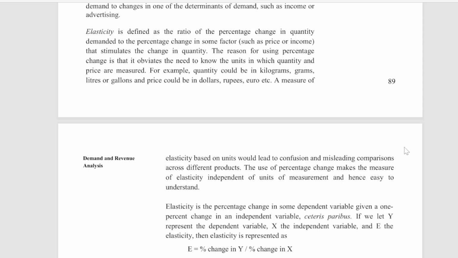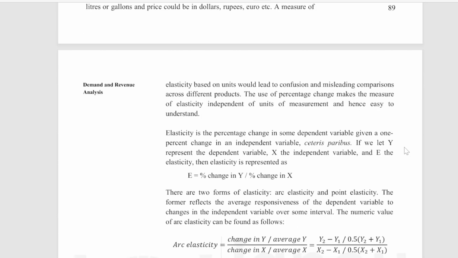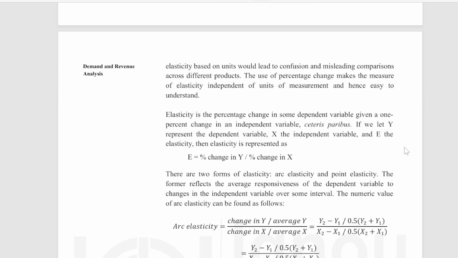Example, quantity could be in kilogram, gram, liters, or gallons, and price could be in dollars, rupees, euro, etc. A measure of elasticity based on units would lead to confusion and misleading comparisons across different products. The use of percentage change makes the measure of elasticity independent of units of measurement and hence easy to